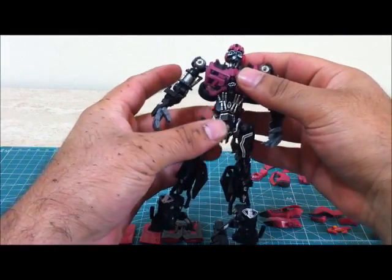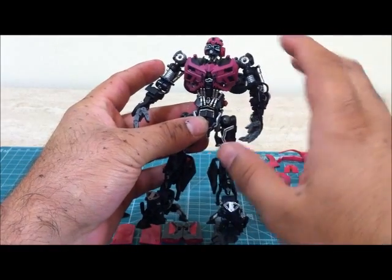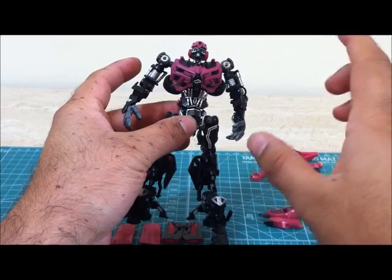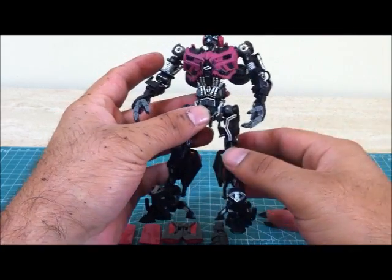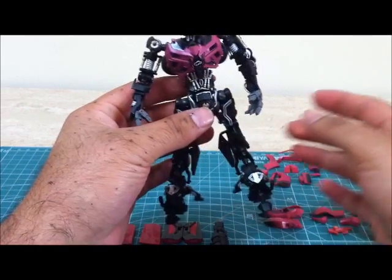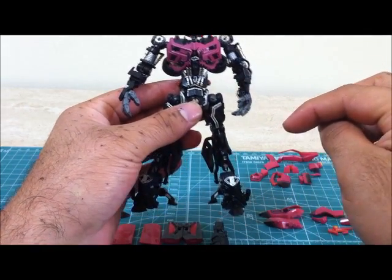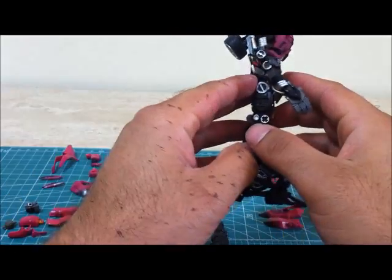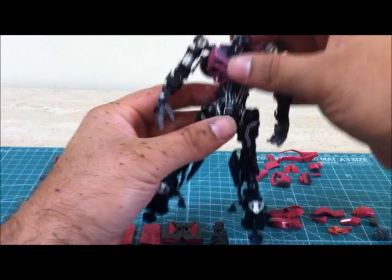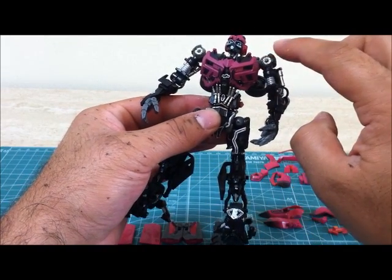Basically, what I've done is I've gone and painted the entire inner skeleton black. And as you can see, my hands are splattered with black. It's because the spray can that I was using just kind of went haywire. Luckily, it didn't do too much damage to the actual inner skeleton itself. But basically, the entire inner skeleton I have done in black. And then I've gone in and done a whole bunch of other detail work. The main colors where it was yellow, I have now gone and used